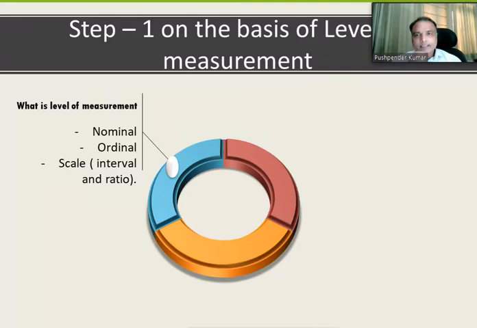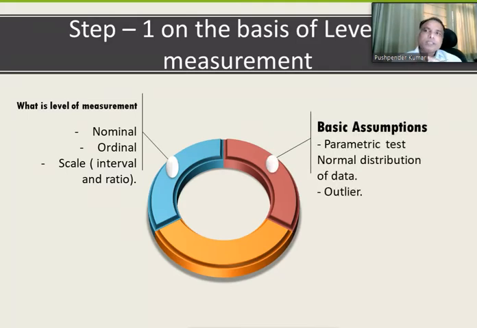The second criterion under step one: when we have collected this data, we need to see whether it is parametric. Is it a parametric kind of information? For example, if you use nominal data, it's not parametric, right? You need to go for scale data. That will help you decide that when you use scale data, it's a parametric test. Then you need to see whether whatever data you have collected is normally distributed or not, and take care if there is any outlier. You need to remove that, otherwise it will affect your research.